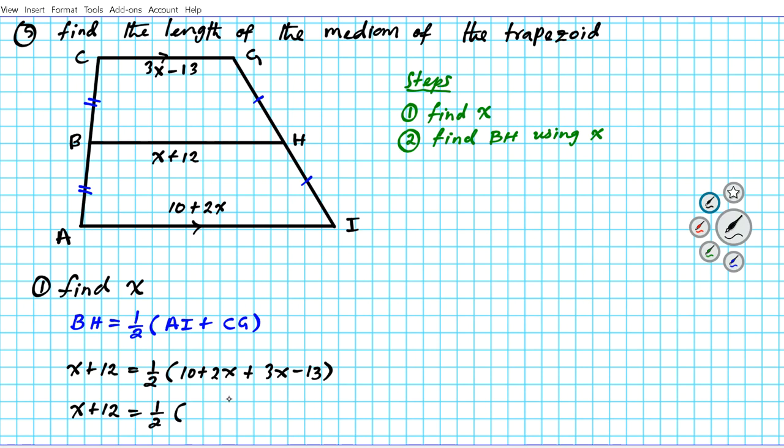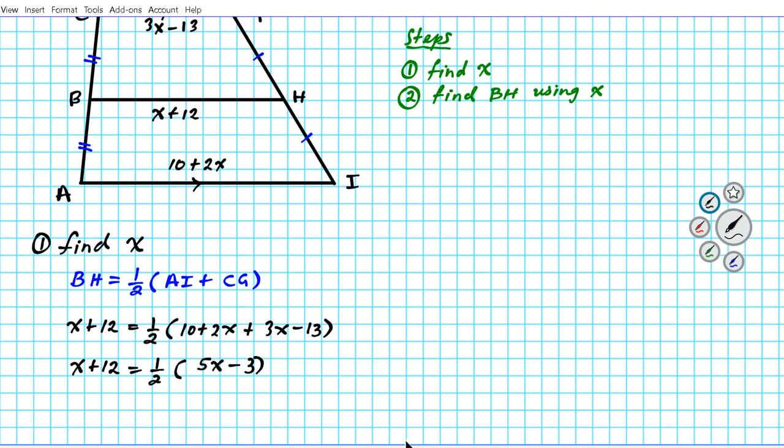Let's see what happens. 2x plus 3x, oh dear, 5x. This is odd, so you'll see what we'll do in a second. And then we have 10 minus 13. That's negative 3. All right, so since we have an odd number here, the convenient way to deal with this